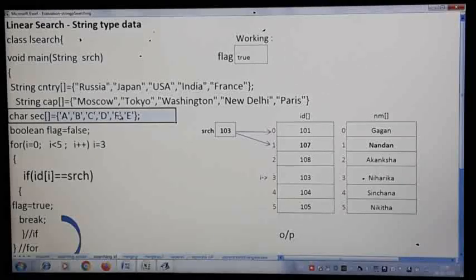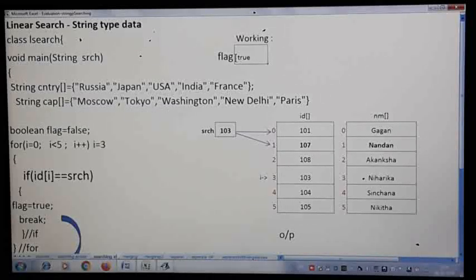The same program we worked on in the last class, I am modifying it so that you can make out what changes from the previous one, a small change in how you get string type searching. So here, country name and corresponding capital. The initial flag value, as usual in linear search logic, remains false in the beginning. So i equals 0, i less than 5, as you know 5 elements are there. For string type data I cannot apply the is equal to sign here. So there is a small change.